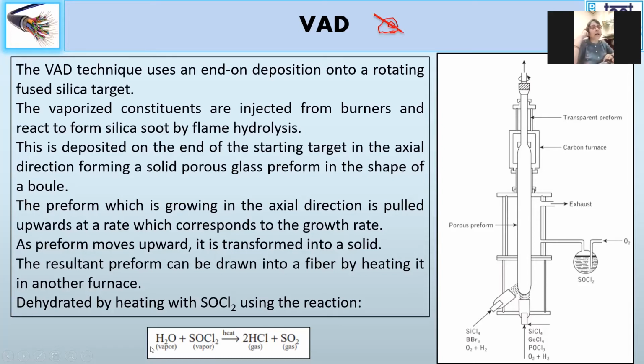Because water vapor affects the characteristic attenuation of the fiber, we are not able to use the full band from say 800 to 1600 nanometers; we have certain peaks of attenuation. And the reason for those peaks is the presence of the OH ion, which comes into the